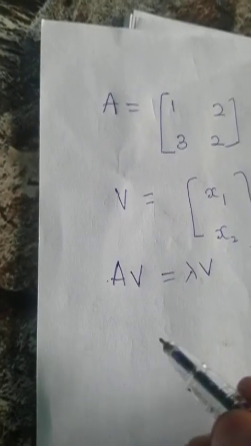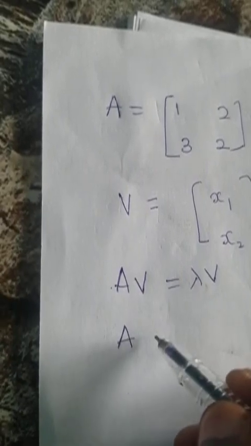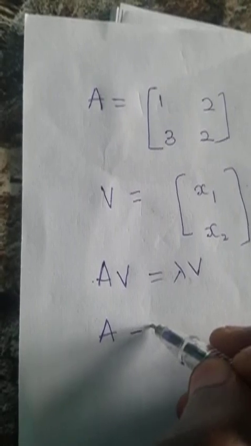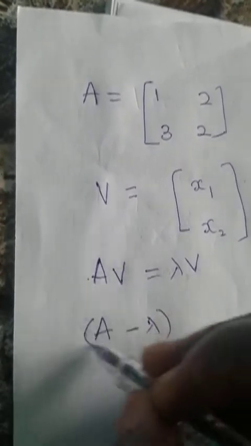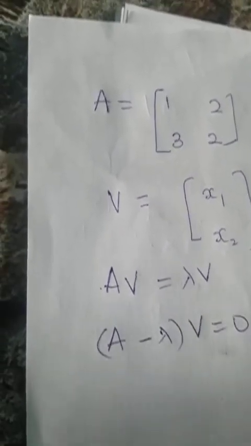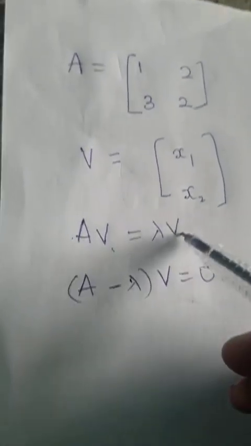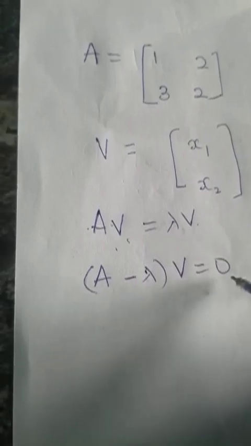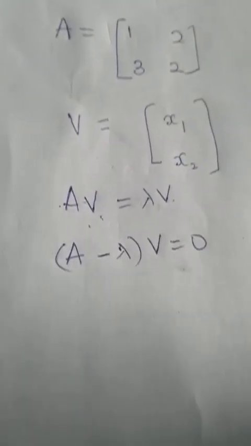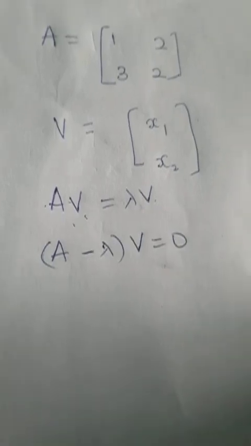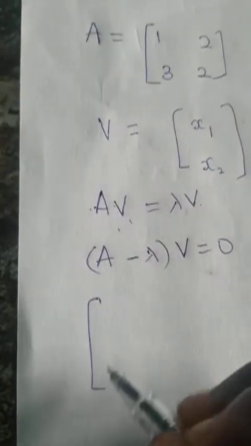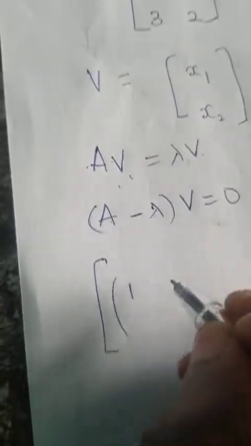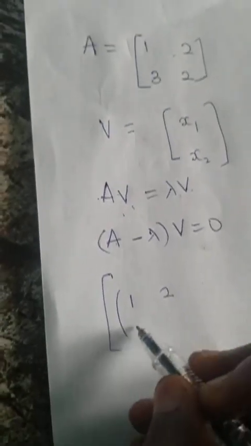If you have AV equals lambda V, that's the same thing as A minus lambda V equals 0. Yes or no? You have AV, then if you move lambda V to this side, you have AV minus lambda V. V is common, you factorize it out, then you have A minus lambda equals 0. From here, your A is what? You have 1, 2, 3, 2